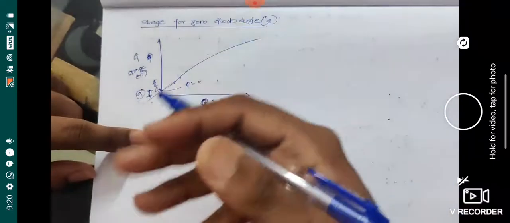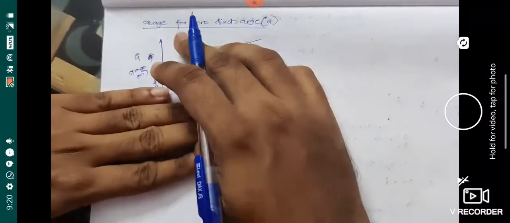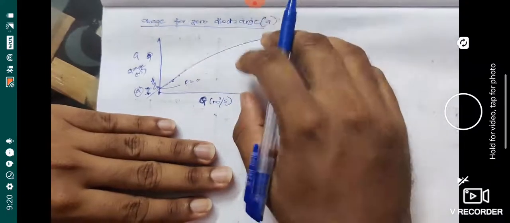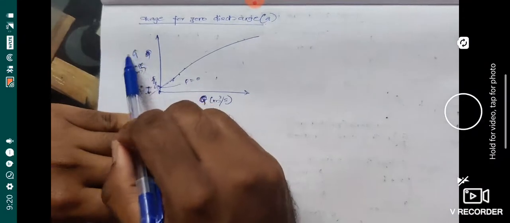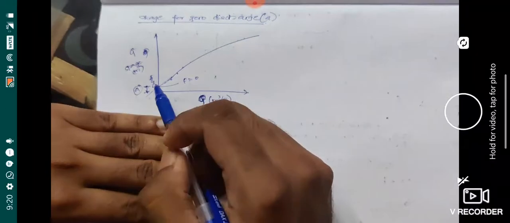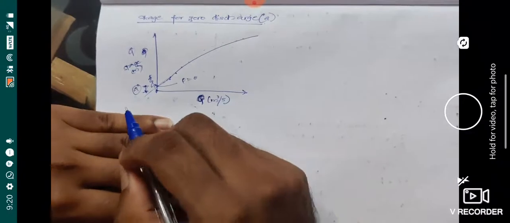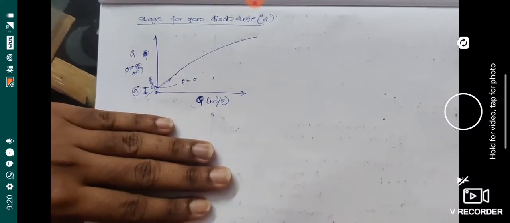This is one of the crudest methods. There are different other methods, and what I intend to say is that you have to find different methods through which you can find the stage corresponding to zero discharge. This is one such method wherein you can find A, and it is a crude method. You extend the curve in which the y-axis is represented by the stage and the x-axis by Q, and when you extend it by eye judgment, where it meets the y-axis, that positive value is called your A value, or rather your stage for zero discharge. There are something like 3 more methods in order to find this value.